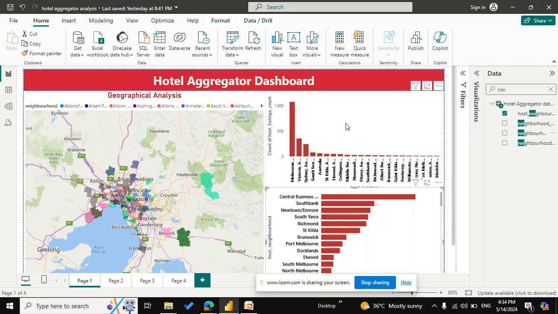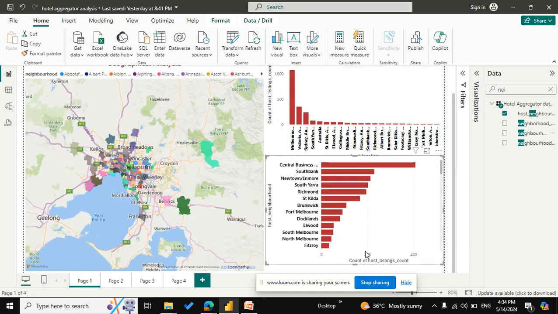In the same way, in the bar graph also, Melbourne shows more post listings, almost 1072. And then next comes the host neighborhood. The central business district also has a larger number of neighborhoods, almost 408.